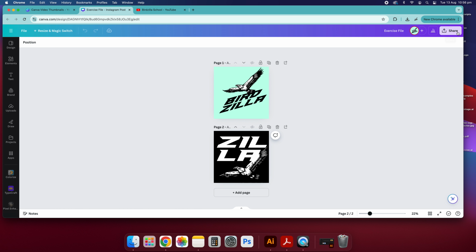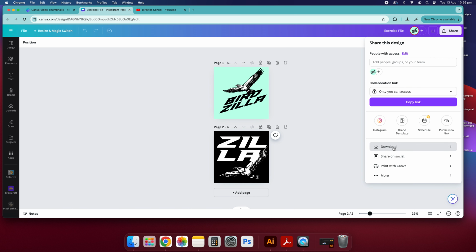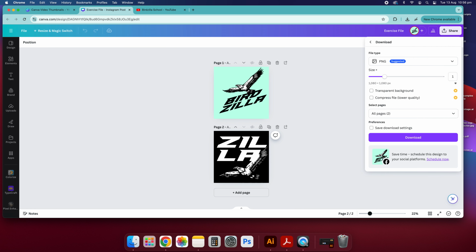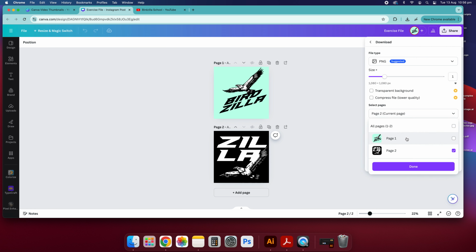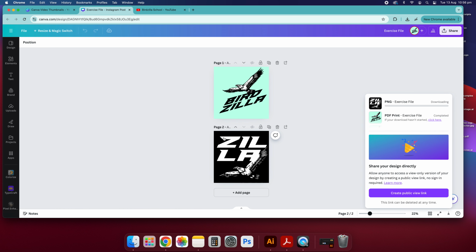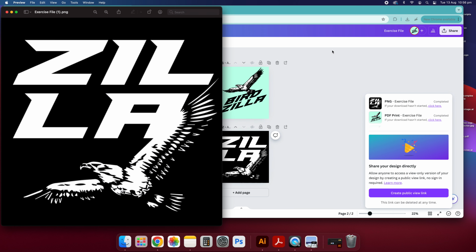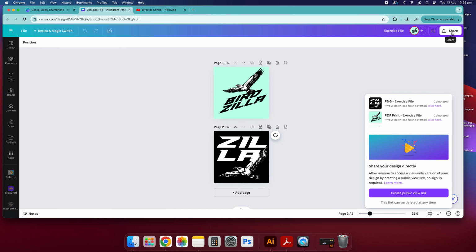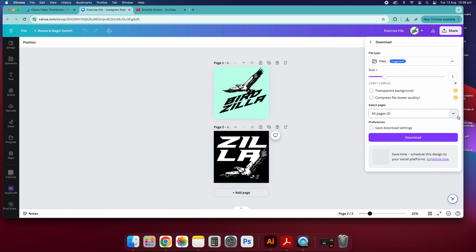So just remember, when exporting files individually, all you need to do is go download and pick the page that you want to export and go done. This way you can actually download your individual pages as you need. If you need to download a file that is just both of these but separately, you can go share, download,